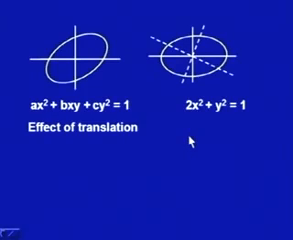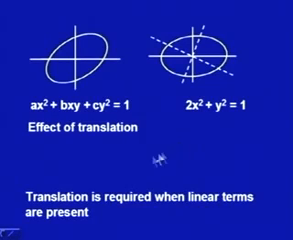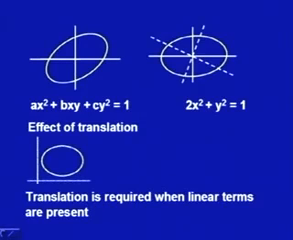Now what is the effect of translation? Translation is required when linear terms are present, to bring the given quadratic form into standard form. For example, if we have been given this ellipse, the expression for it will require linear terms also, but if you translate this axis, that means you shift this origin to this place, then it will be a